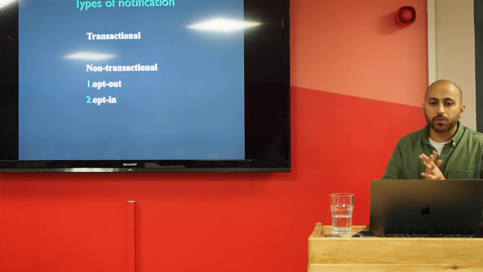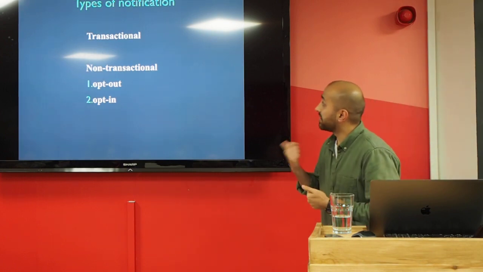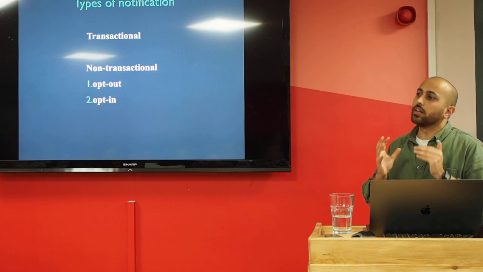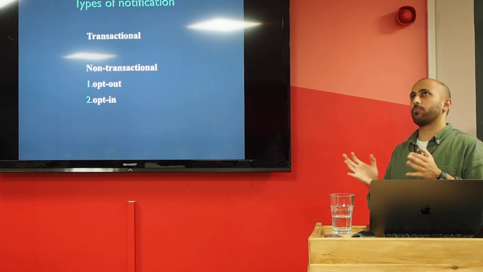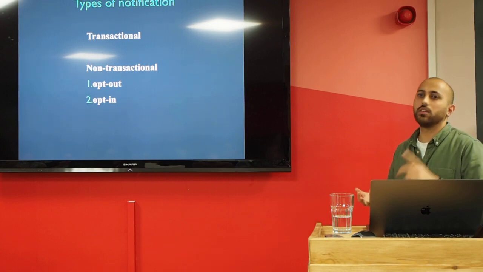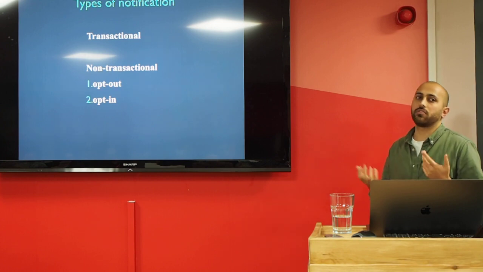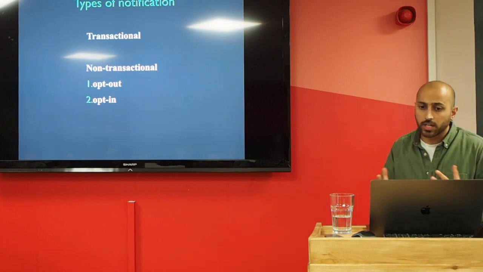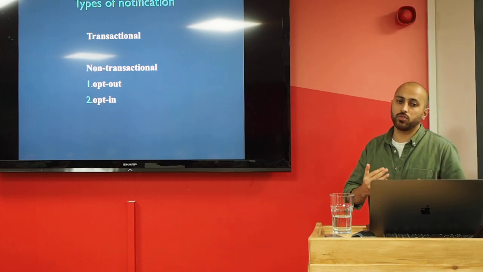Right, so I want to talk about the types of notification. Mainly there are two, transactional and non-transactional. The transactional ones deliver a concrete value, and 99% of people want them, like your call, your alarm reminders, your order being delivered, your flights being delayed. So absolutely critical notifications which everyone wants. And everything else falls into non-transactional